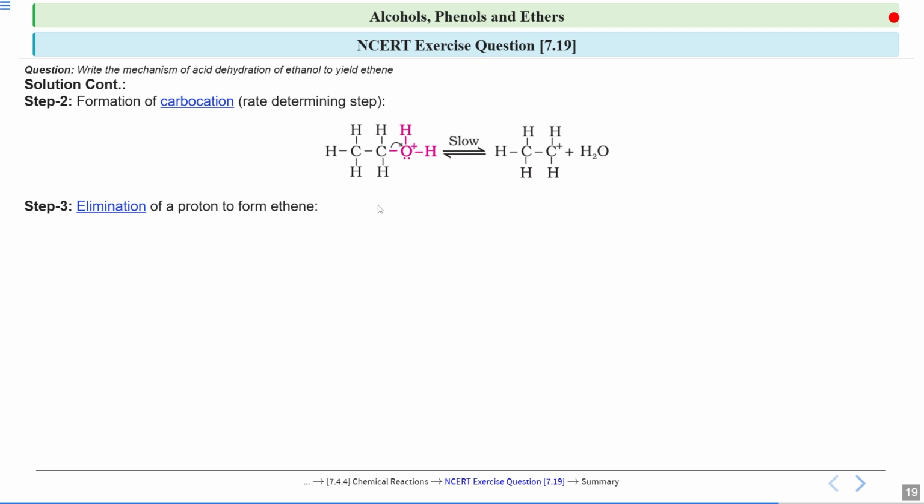Now what will happen? There will be elimination of a proton to form the ethene. So from this carbon, this hydrogen will go and from this carbon, this positive charge will go. So a proton is being eliminated and you will see ethene is formed and this H plus is released. So you saw that from alcohol an alkene is formed following the process of dehydration of alcohols. Okay, so is this clear? Whenever you are going to give the answers for the dehydration of alcohols, you have to go by the mechanism and form the most stable alkene. Okay,